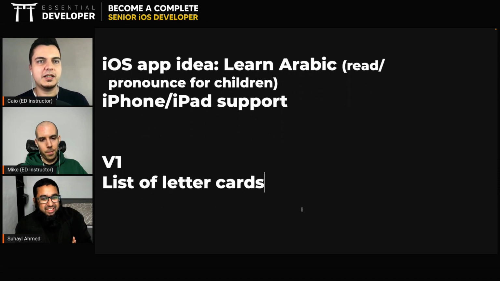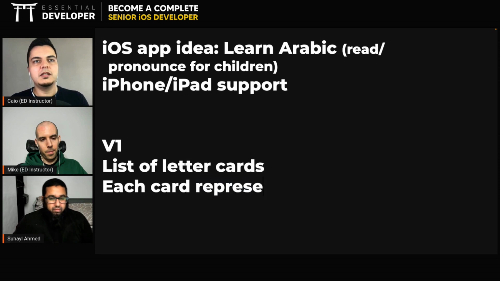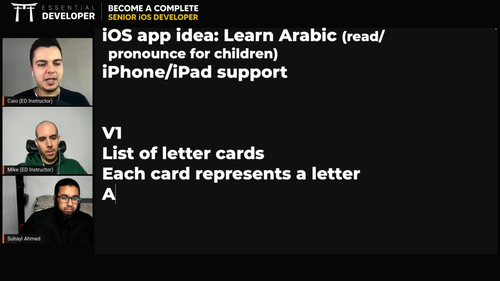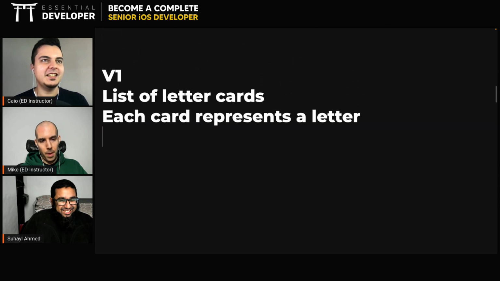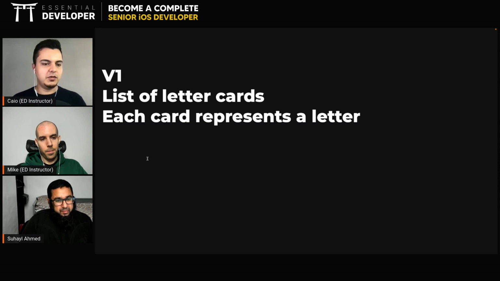Okay, we have a list of cards. Each card represents a letter. For example, for English, you tap on it and it says A, B, C, D, right? Exactly, yeah. That's it. It's not even a test. It's not even giving you a score or anything. That's the simplest you can do right now. Let's say you start progressing, as you start learning the sounds, then you start having challenges. You hear the sound and you need to select the card, but that's a different mode inside the app. The easy one, like the first mode, you just download the app, that's it.